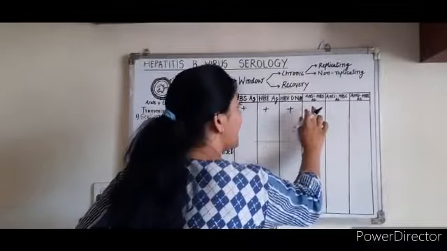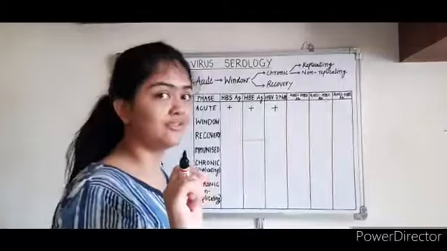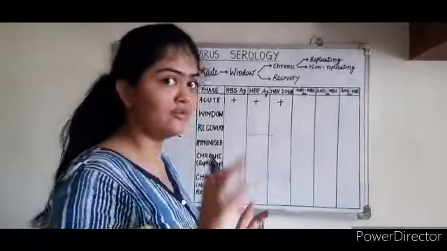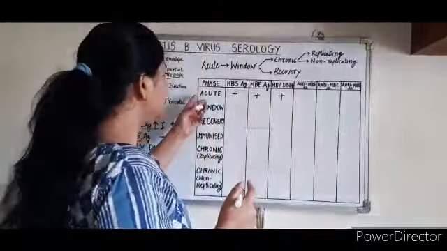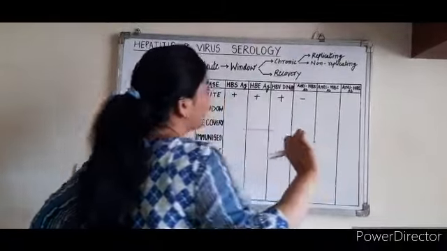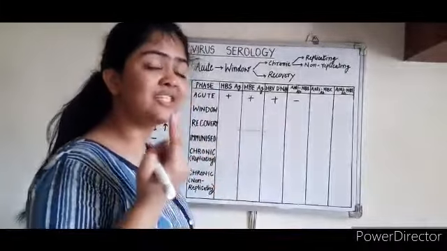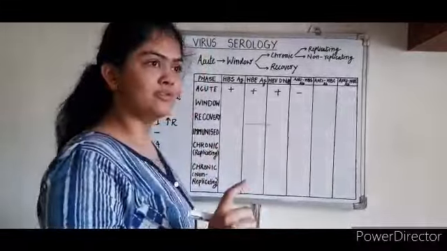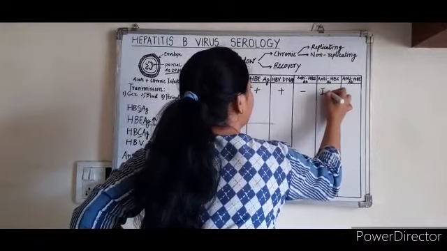Now, this anti-Hepatitis B virus surface antibody shall not be positive right now, because I said that this antibody shall be positive only and only if you are completely recovered from the infection, which is not the case in the acute phase. So this shall be a negative. Now, the anti-Hepatitis B virus core antibody. This is the one which is actually fighting the infection. So this shall be a positive. And in the acute phase, it shall be of the IgM type.